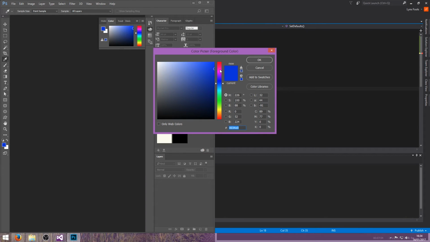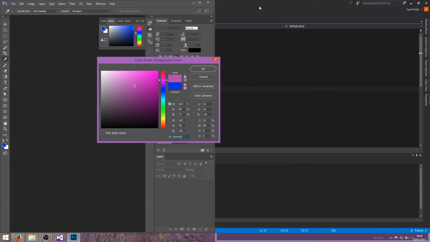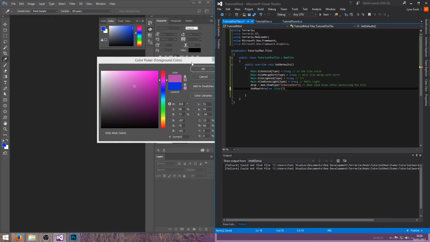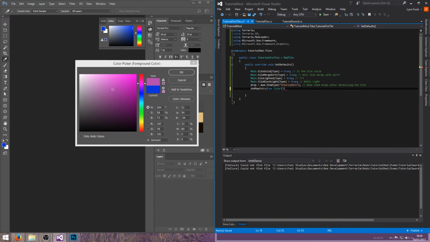Let's say we want it to be. We'll make it pink so it's visible. We'll do something like this. I like to round numbers up. Let's just do that quickly. So this is going to be 187 by 78 by 181. And now you can, this is optional because you can see here it says color and